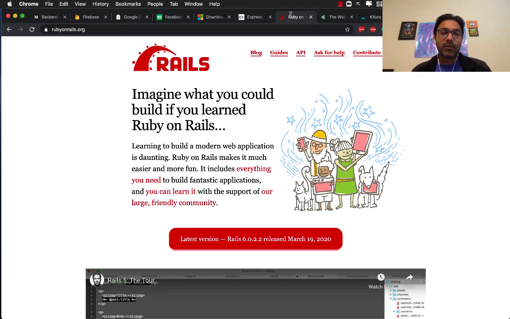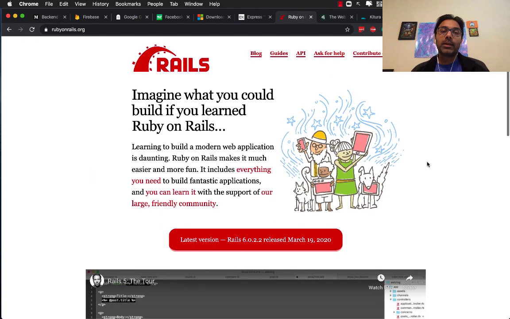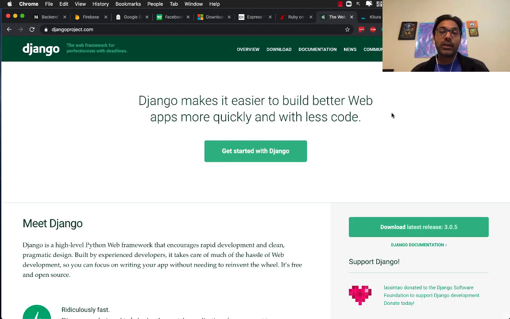Other frameworks also involve dynamic languages like Ruby on Rails. So this is a great framework for building your backend. Now, if you are into Python, there's a framework called Django that you can use. So you can see that when you are moving away from Swift and trying to implement the framework yourself and not using Firebase, you do have a lot of different choices. And these are only a few choices. I mean, you can write in Go, you can write in Kotlin, you can write in Java, Spring framework, and so many other frameworks are available for you to learn about server-side development.